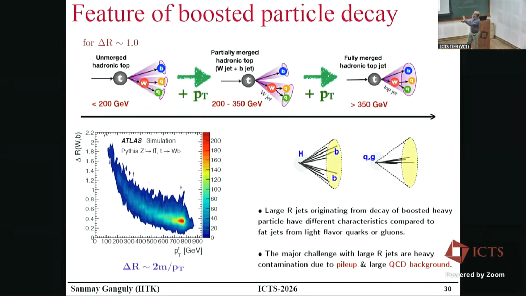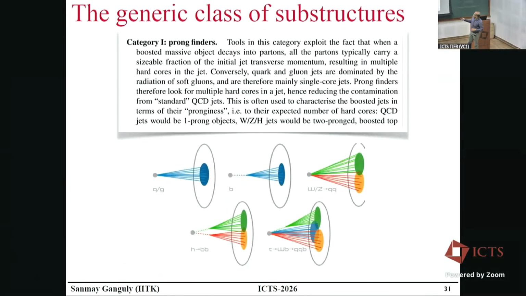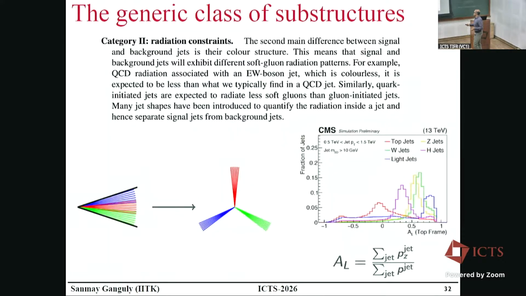So for that, people developed different jet substructure algorithms. One is the prong finder: a top should eventually go as a 3-prong jet, Higgs and W should go as 2-prong jets, and a quark and gluon should go as a 1-prong jet. So the internal geometric structure of these 3 kinds of jets should be different. Why am I worried about it in these lectures? Because this is the information which we really want to figure out using machine learning algorithms.